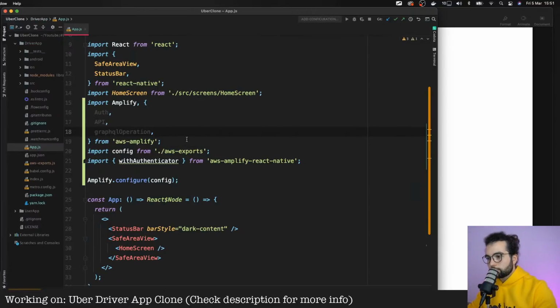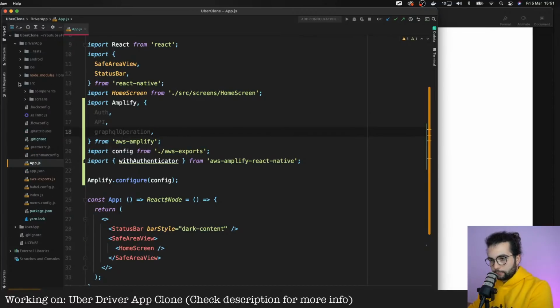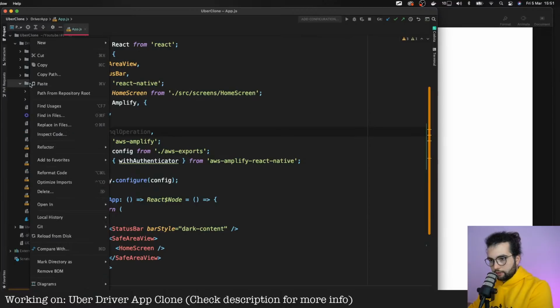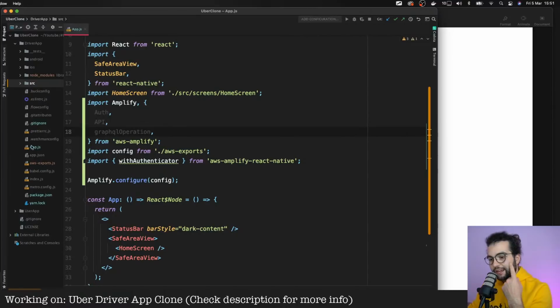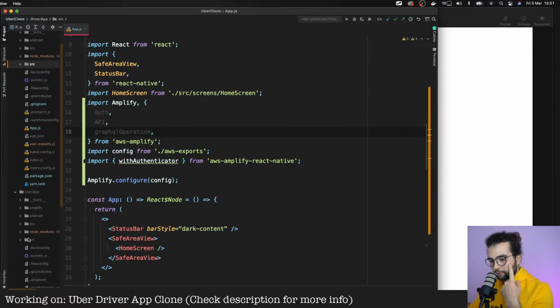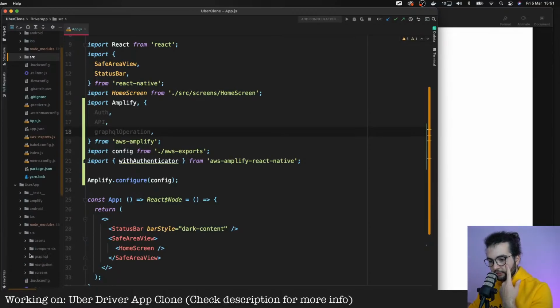For the GraphQL operation, I'm going to grab it from the user application. Where is it? Source, right?